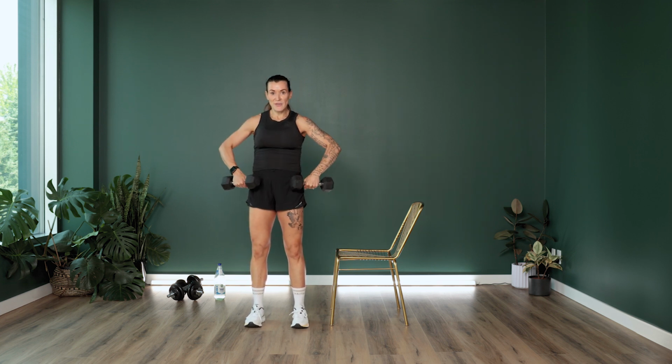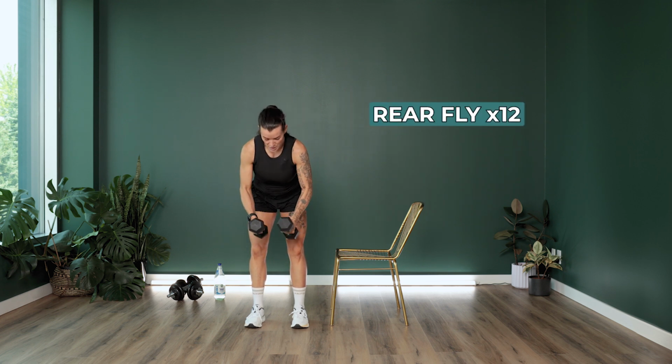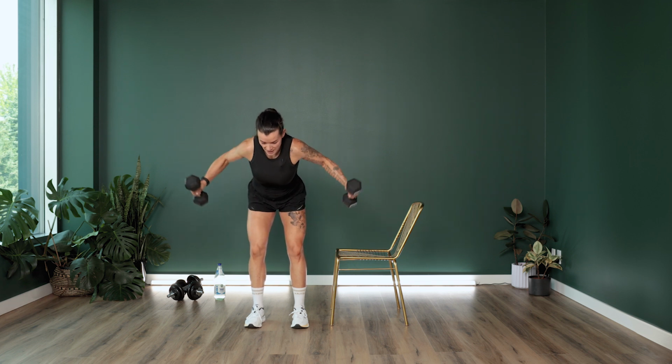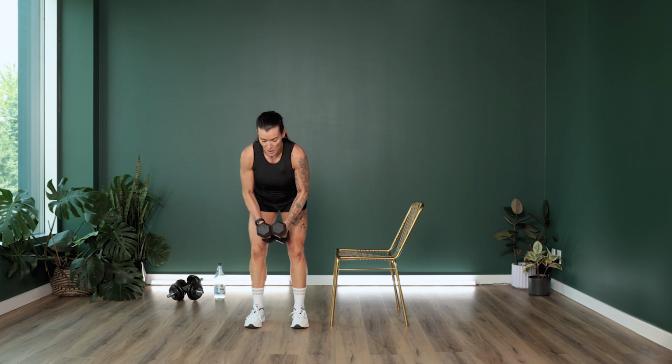All right, hinging at the hips, we're gonna go into our posterior fly. So ever so slightly, we're gonna come on forward and we're going to lift out to the side and come back down. What you're not gonna wanna do is throw your head up or down. You're gonna wanna maintain your chest nice and open, and you're going to try as hard as you can to squeeze your shoulder blades tight and come back down. Okay, let's do 12. 1,